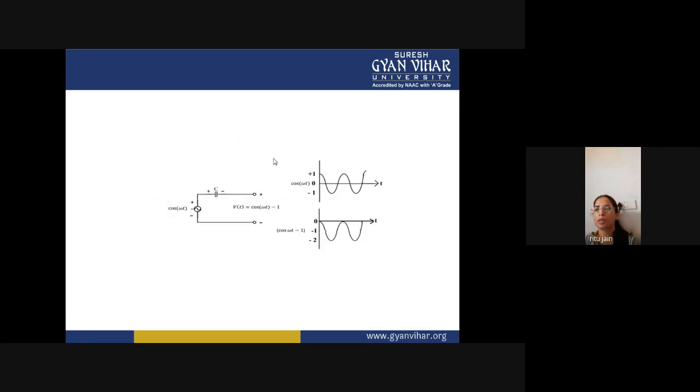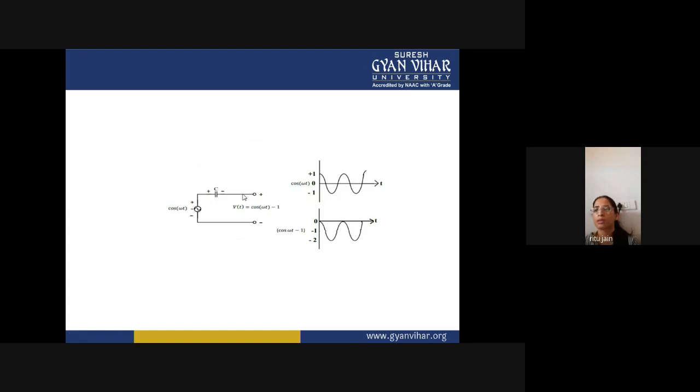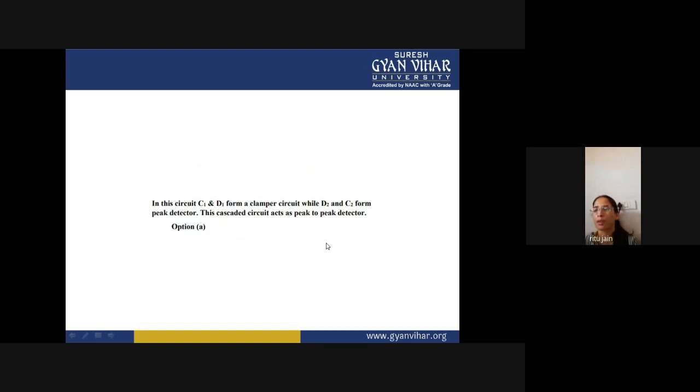So in both cases, D2 will be an open circuit. Now you can see from the diagram that when it is an open circuit, the capacitor is charged at this point to plus 1 volt. It will start to discharge when it goes negative, and you can see that it will go in this direction, which is minus 2. So in this circuit, C1 and D1 form a clamper circuit, while D2 and C2